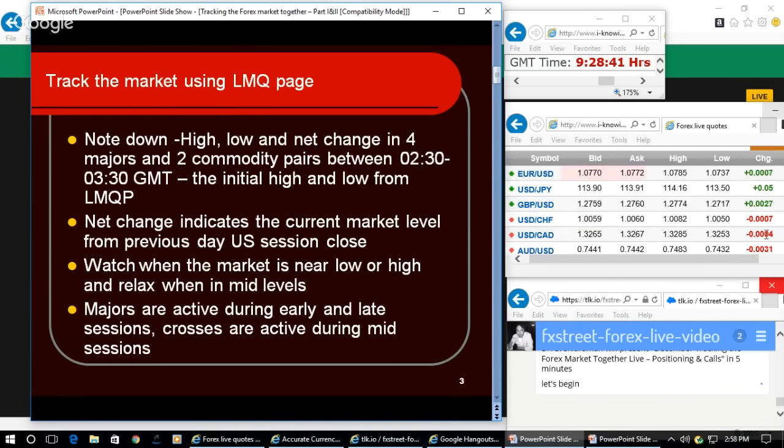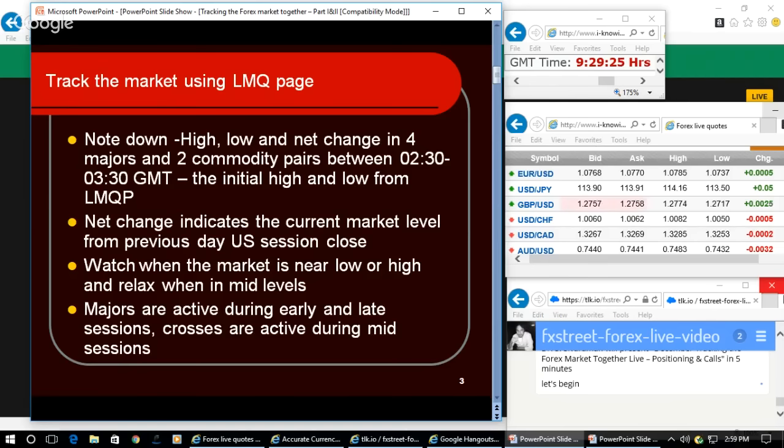Similarly, all the three here are showing negative net change. So CHF is showing negative net change as the USD weakening move. Then Canadian dollar is showing negative net change as the USD weakening move. But Australian dollar is showing negative net change as the USD gaining move. So they are making contrarian moves here. When euro is showing positive net change, they are showing negative net change in the case of CHF. So that is a USD weakening move. But USD is showing the USD gaining move by showing positive net change, being a denominator currency.